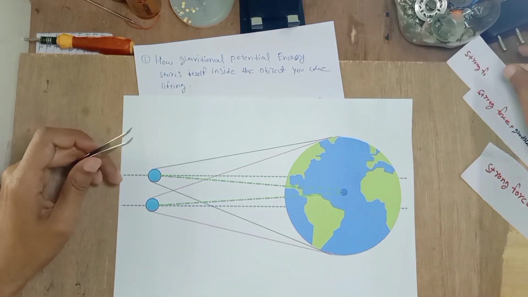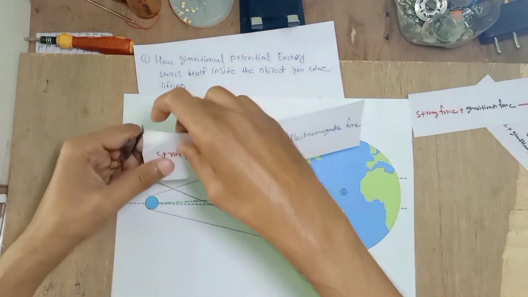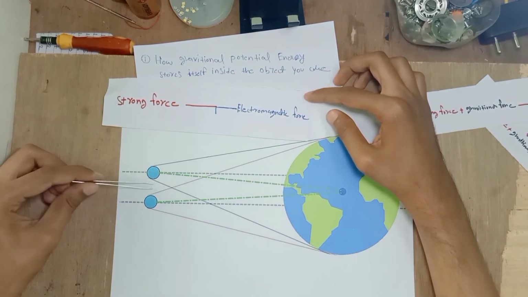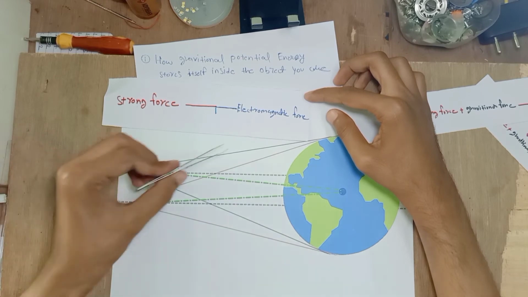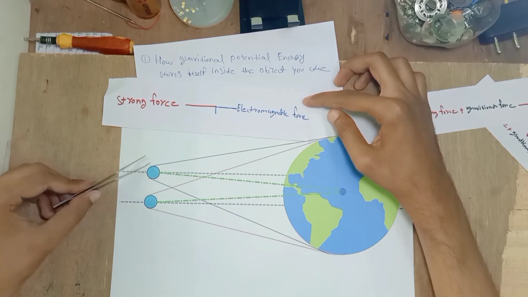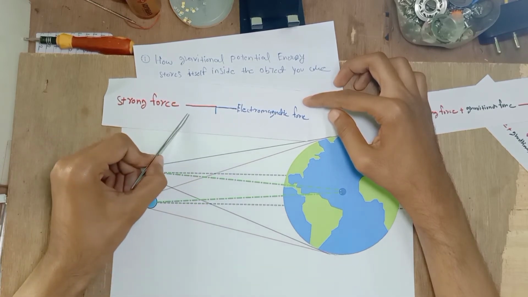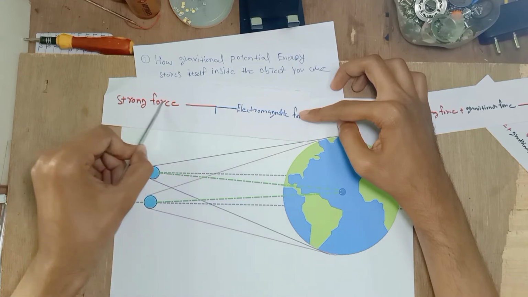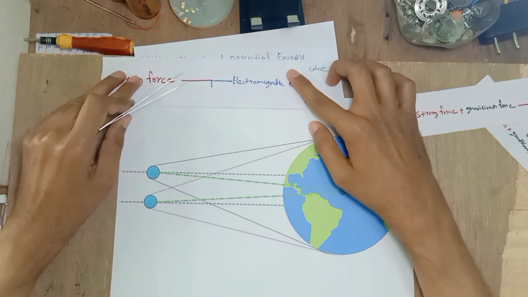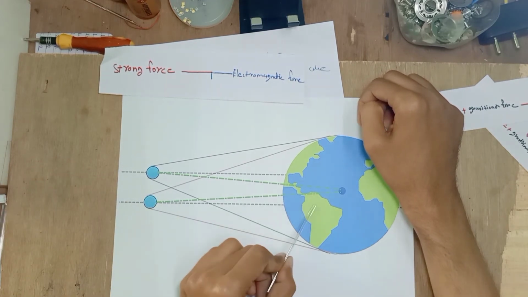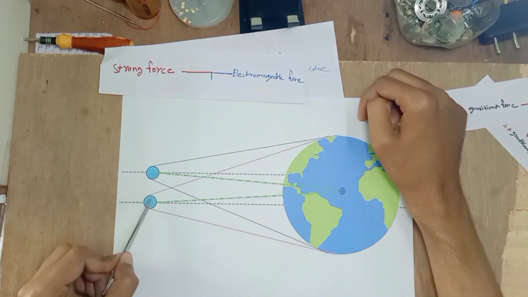Now, this is the condition for this position. The strong force wants to decrease the distance between particles, and the electromagnetic force wants to increase the distance between particles. So just to explain, you can say this is the resulting point for these two forces. Now these two particles start going toward Earth just because of the gravitational force. So they started